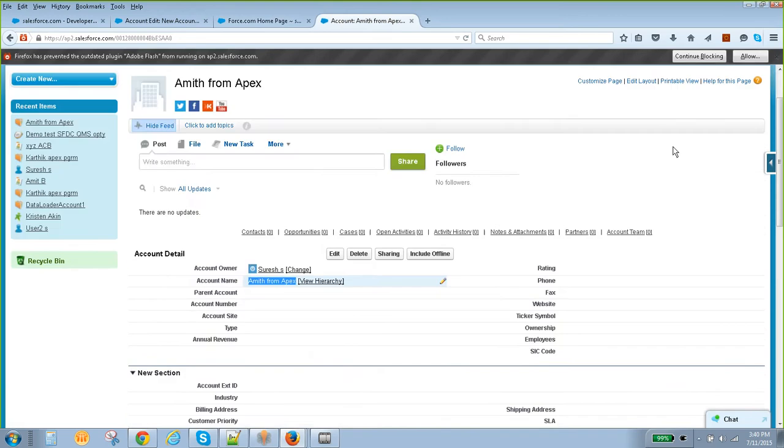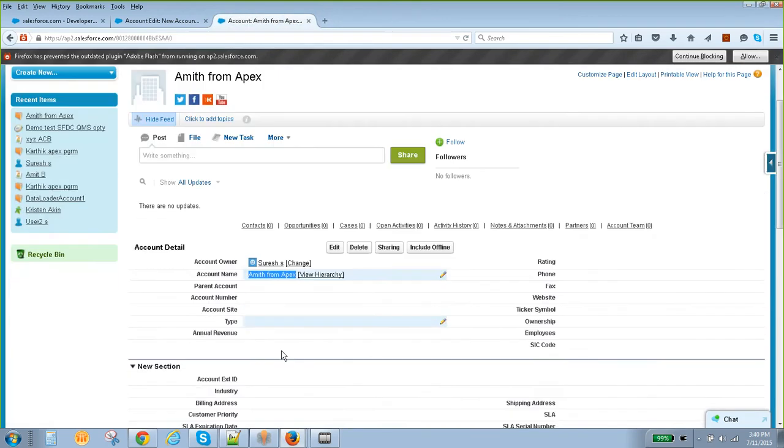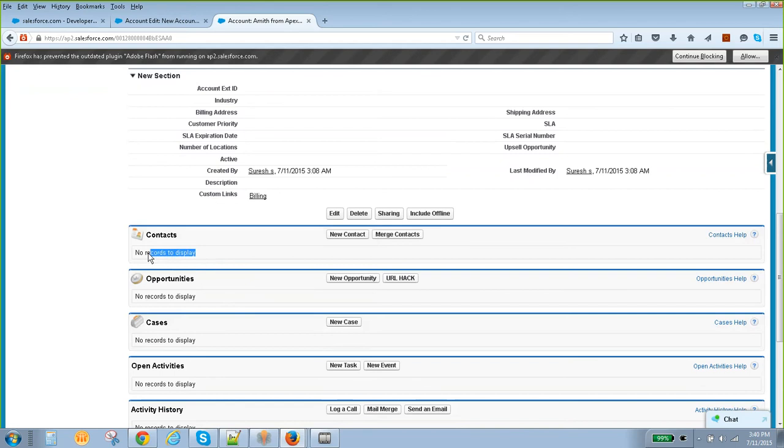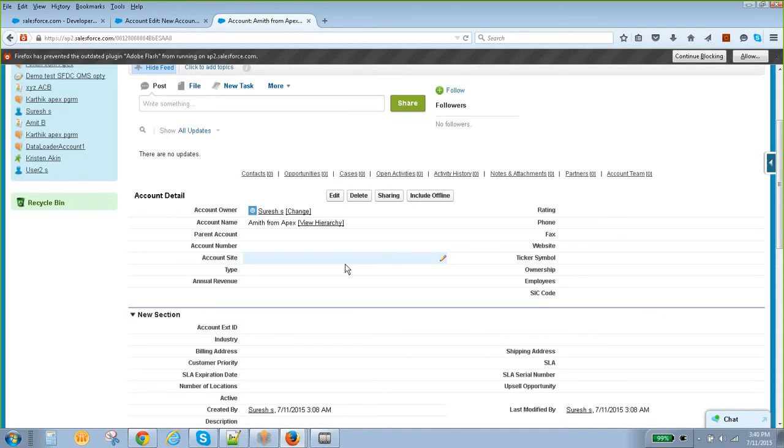We created an account. What about mapping for a contact, opportunity, and other related lists? Same way we can set all the other fields too. According to whether it's a string, date, or number field, we have to set the property like that. Clear?